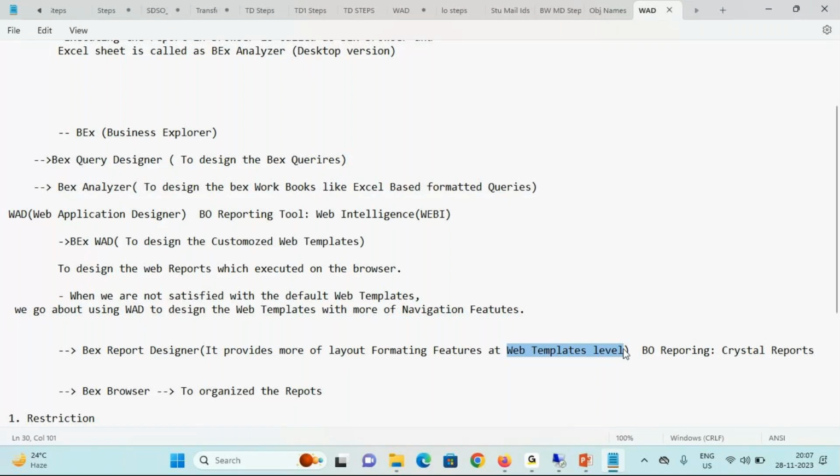All this stuff we use some report designer. But instead of report designer, we are using some other BO reporting flavor that is called Crystal Reports. We are using Crystal Reports. Okay. The main focus is query designer,